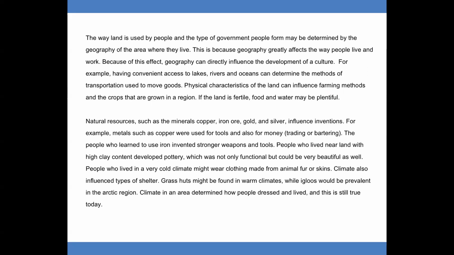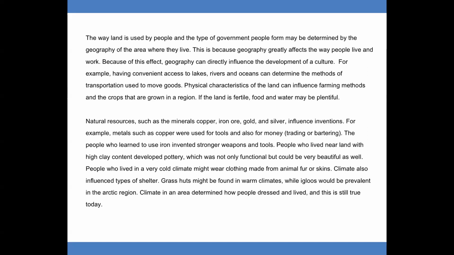For example, having convenient access to lakes, rivers, and oceans can determine the methods of transportation used to move goods. Physical characteristics of the land can influence farming methods and the crops that are grown in a region. If the land is fertile, food and water may be plentiful. Natural resources such as the minerals copper, iron ore, gold, and silver influence inventions. For example,